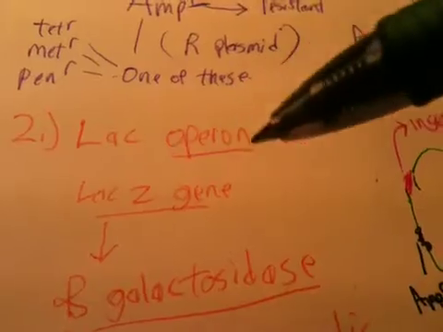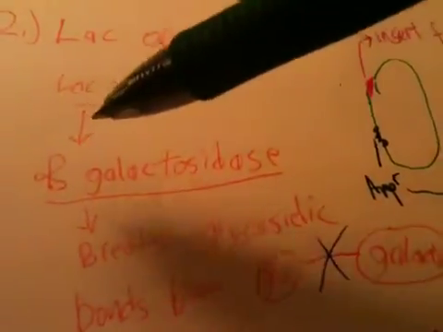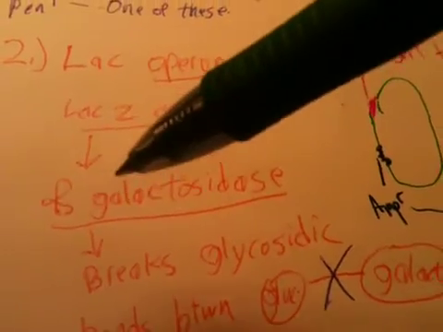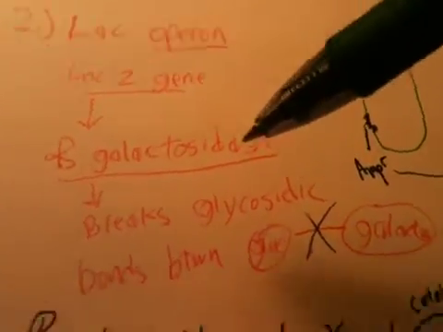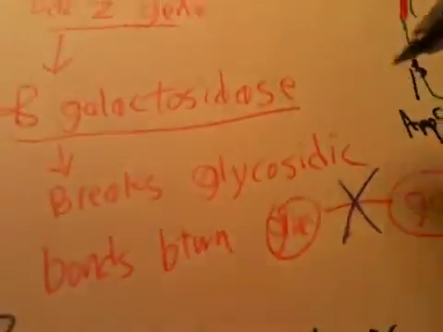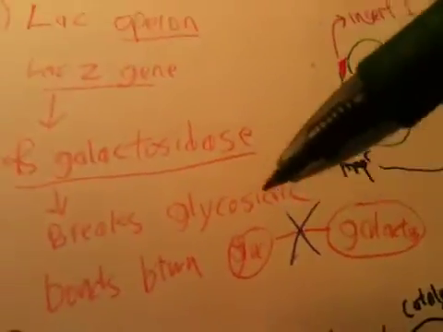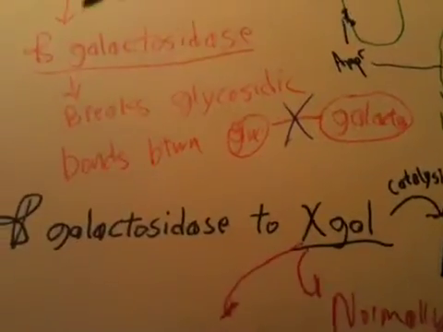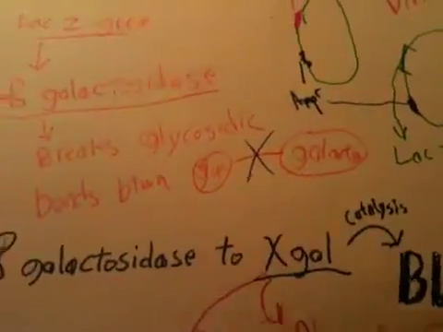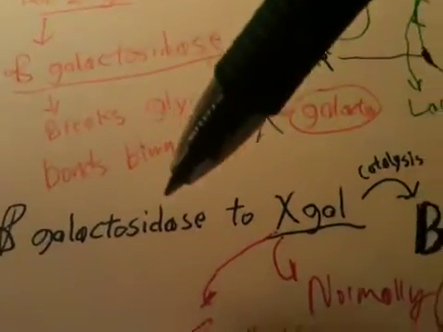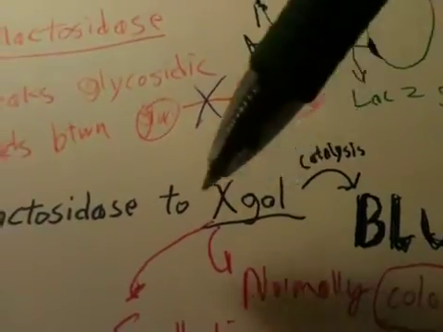Now the lacZ gene is going to code for a protein that's going to become an enzyme. The enzyme in this case is a protein called beta-galactosidase. What this is going to do is break the glycosidic bonds between glucose and galactose. And another thing that is useful for this is that beta-galactosidase can be exposed to something called X-gal. And X-gal